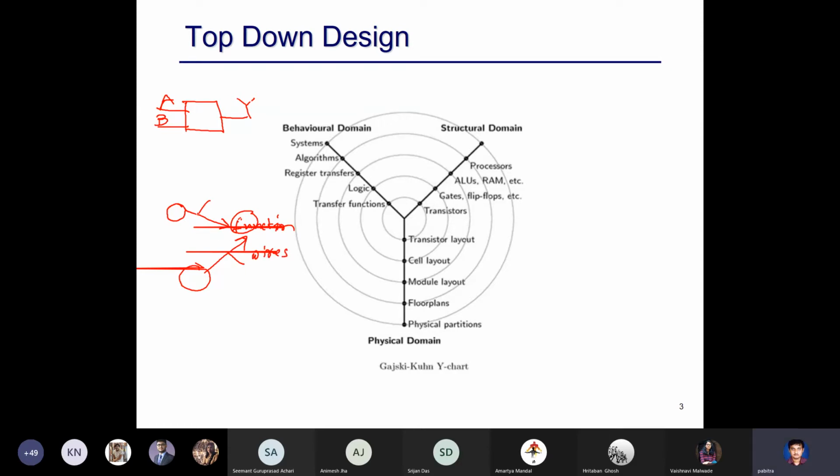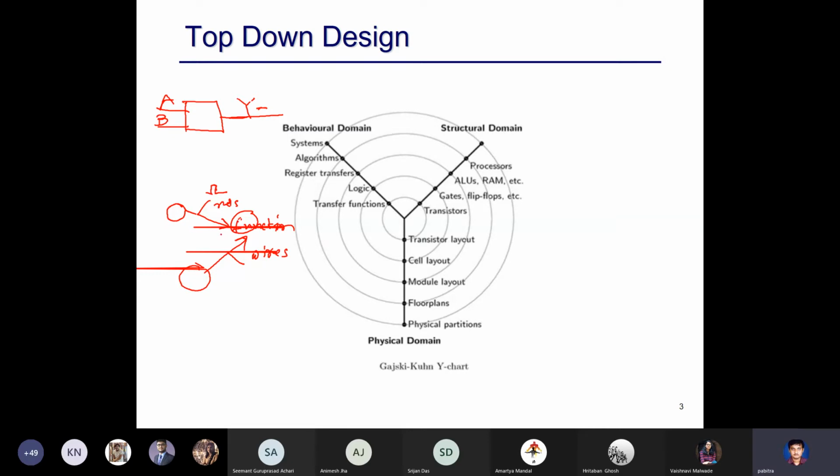Each of these wires are nothing but logic values. Each of these is a Boolean variable. So this is a wire, physically, and this is actually a Boolean variable. These Boolean variables, these equivalents to variables, are called nets.